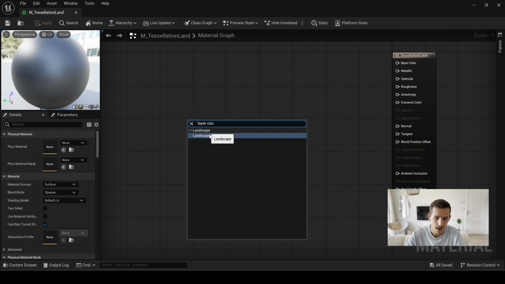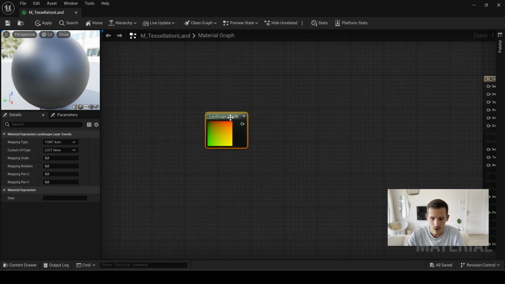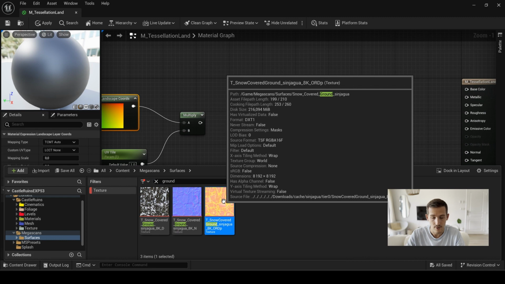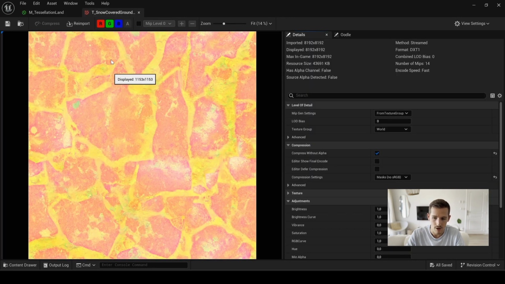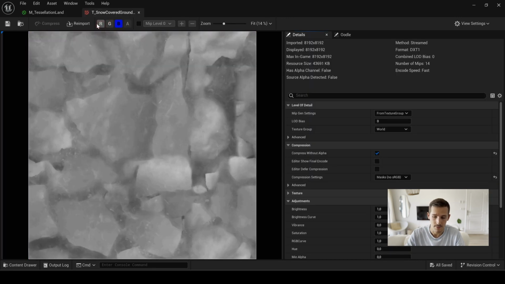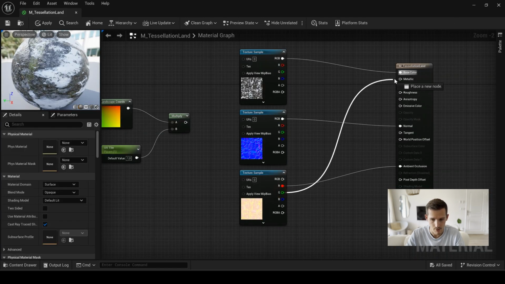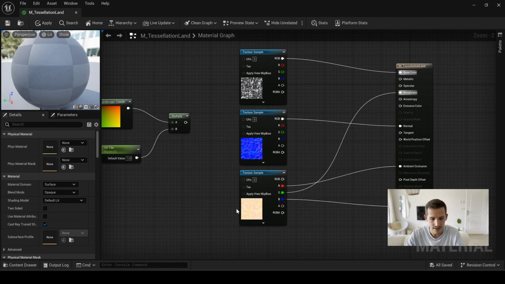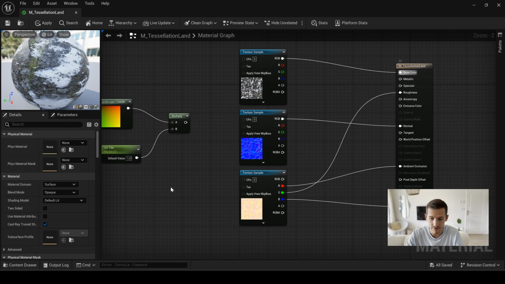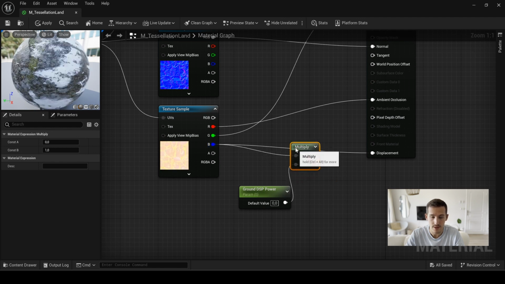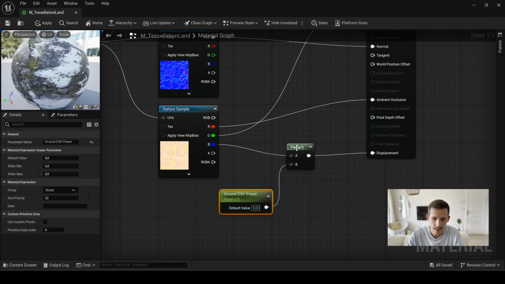For example, here I'm using landscape coords instead of texture coordinates. I've kept the same logic with a scalar and a multiply. We can drag and drop our textures, keeping in mind that our ORDP has displacements in the blue channel. I'm opting for a simple, straightforward approach, but of course, you need to make things a bit more complex and flexible later on to achieve a better final landscape material. Again, same system for our displacement to control intensity afterwards. But here we can't do it like that.